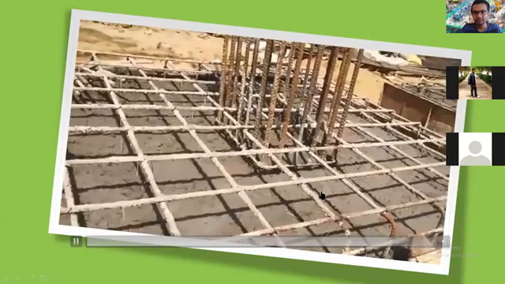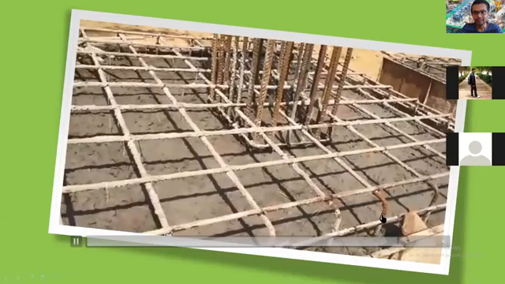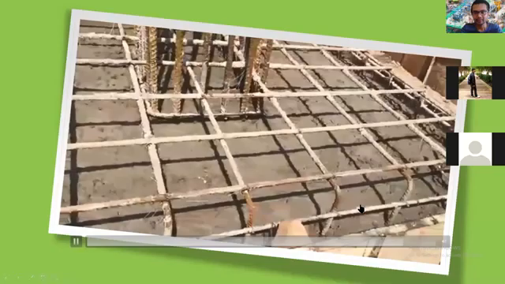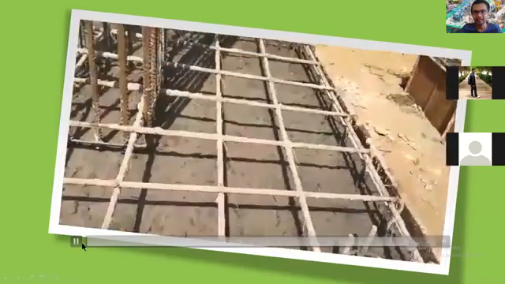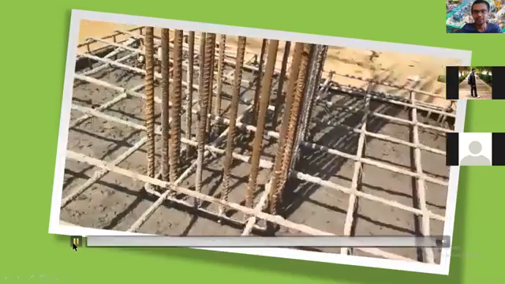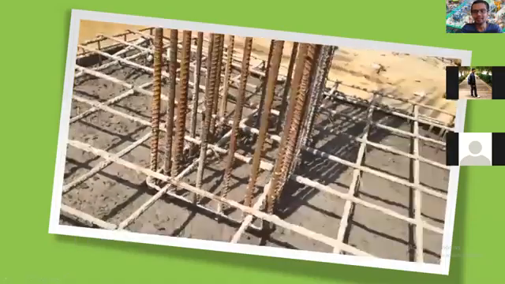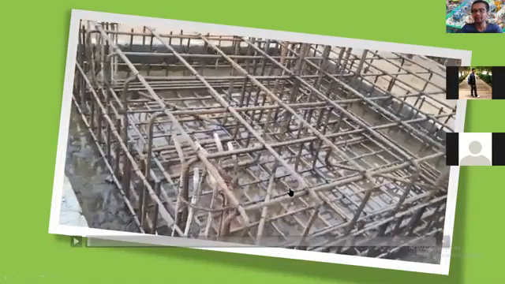As you can see, this concreting work is completed. While this concreting work is done, care should be taken to use the needle vibrator, so that the concrete can be compacted properly and no voids are left in between. If you want to know what a needle vibrator is, we'll show you the image from our site.